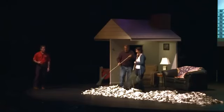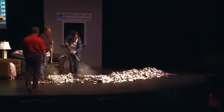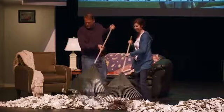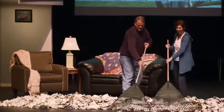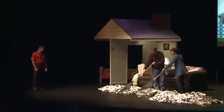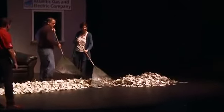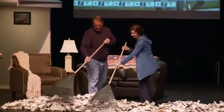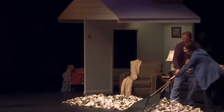After 2 years, we have saved $1,800. After 3 years, we have saved $2,700. After 4 years, we have saved $3,600 on heating and air conditioning costs. After 5 years, we've saved $4,500. After 6 years, we have saved $5,400. After 7 years, we have saved